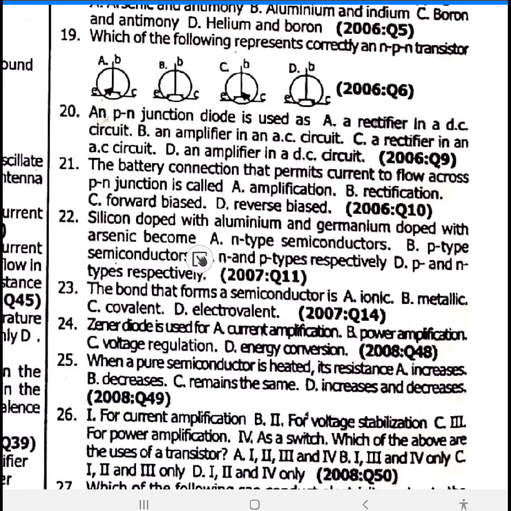Silicon doped with aluminium becomes a P-type. Then they say germanium doped with arsenic is supposed to be N-type. So 22, P-type and N-type respectively. Option D. 23. The bond that forms a semiconductor is